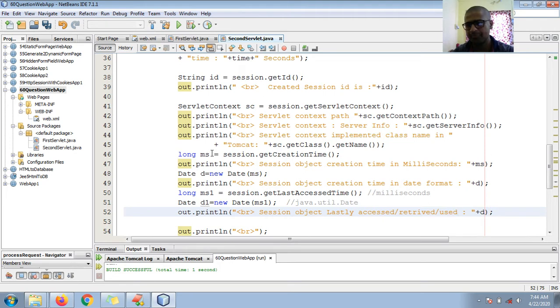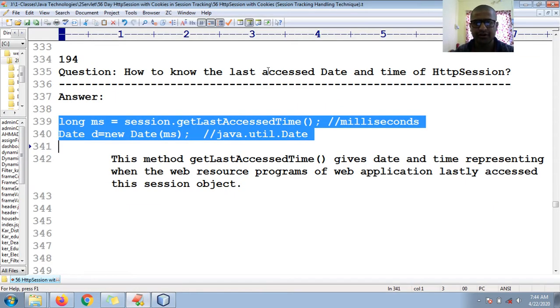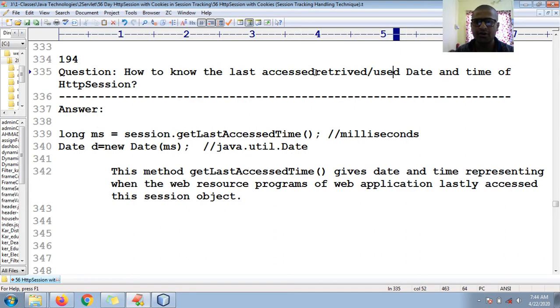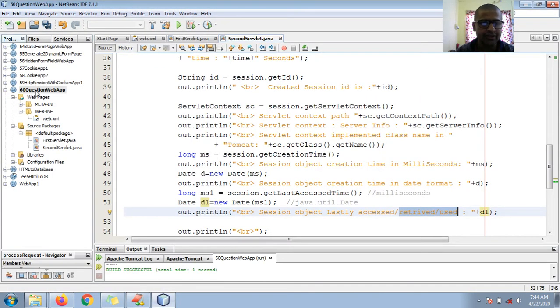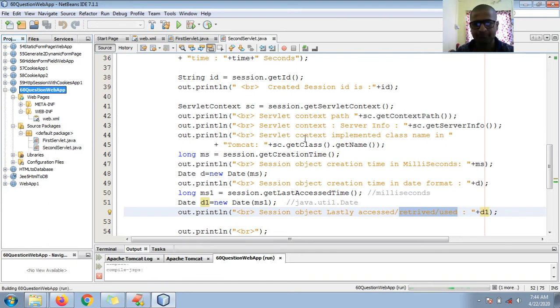Okay, fine. So let me print these values in date format, so here you can use d1. Let me correct my question: last accessed, or retrieved, or used. Okay, fine. So let me run the application, and you can see here the lastly accessed date and time.